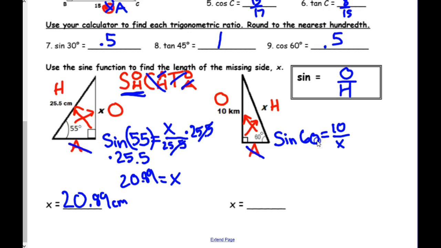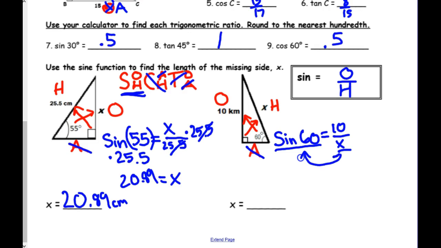Okay? Now, let me get y'all's opinion. Do you want me to show you how to solve this the algebraic way with 2 steps? Or do you want me to teach you a shortcut that's 1 step? Okay? I figured you'd say that. I'm going to show you the shortcut. You can believe me, or I can show you later why it works algebraically. But here's the shortcut to make your life a little easier. Whenever X is on the bottom in a denominator, you can take this whole left side and this X, and